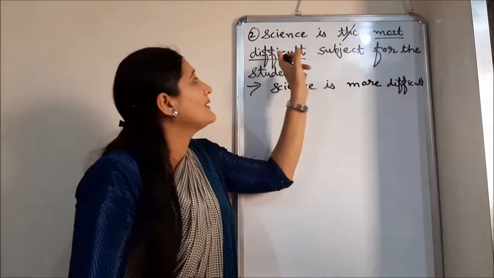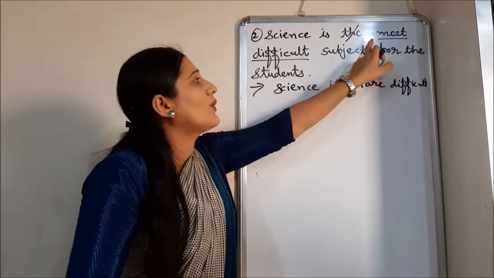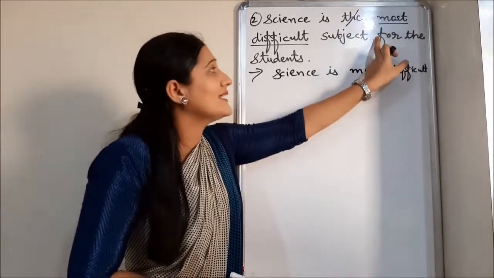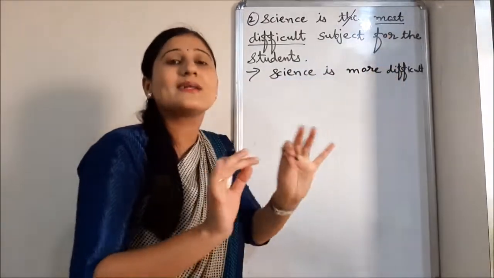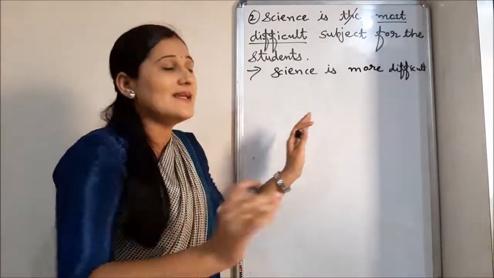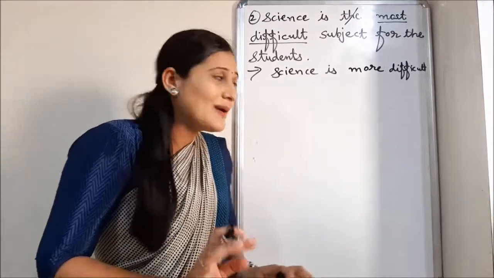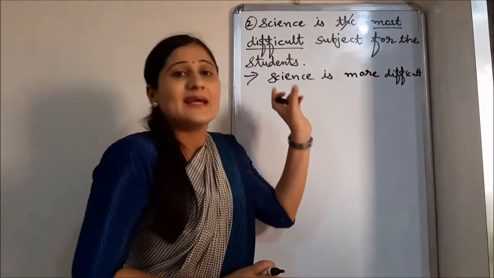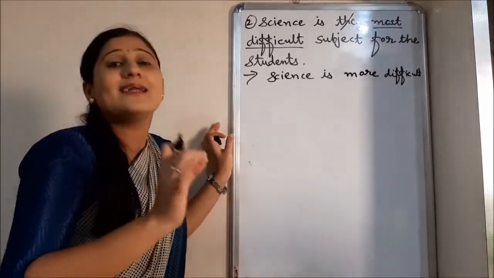If est plus adjective is given, here you will write er plus adjective. For example, tallest, taller, biggest, bigger, shortest, shorter. If er, est; if most, more, nothing else. And the subject also will not be changed. So this is the easy one, SD to CD, then SD to PD, that you keep in mind, right? More difficult, then if most plus adjective or est plus adjective is given, then you will write then any other.